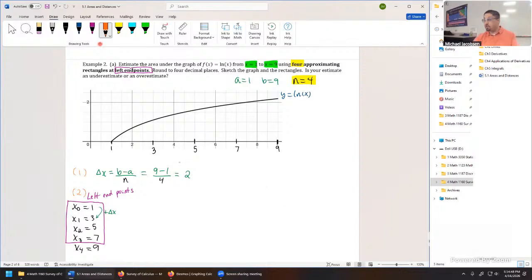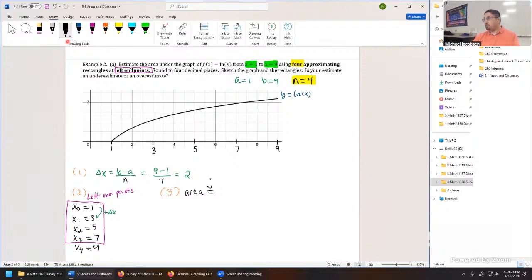Okay, once we have that on paper, step 3 is just going to come up with the area. So like we did before, let's write down the formula. Then we'll input the values, sketch the graph as we go. So the area